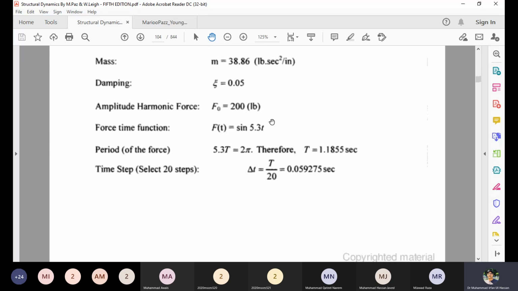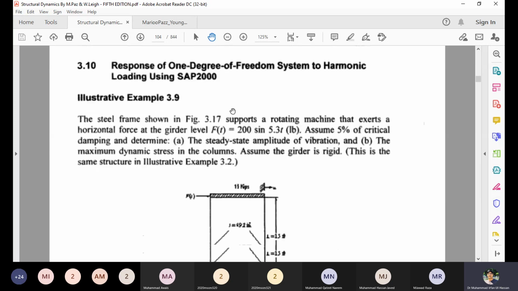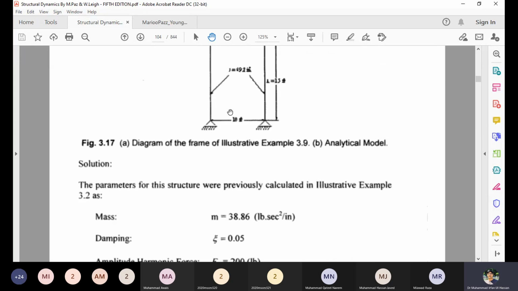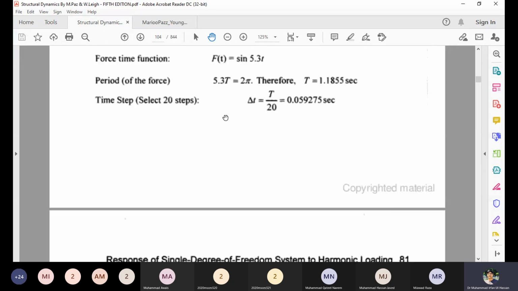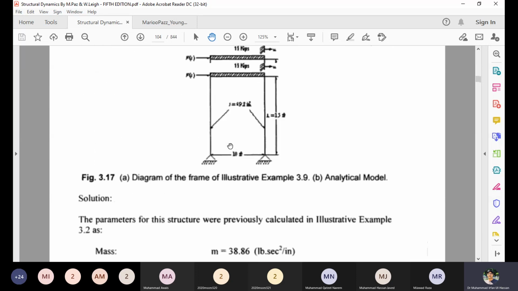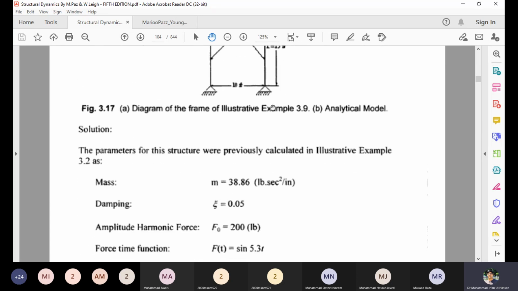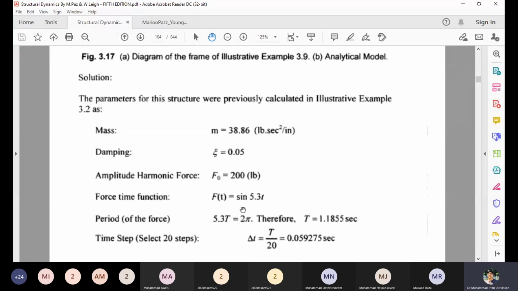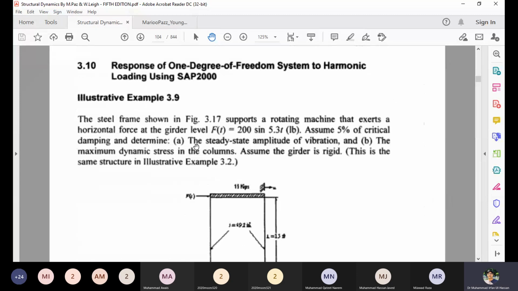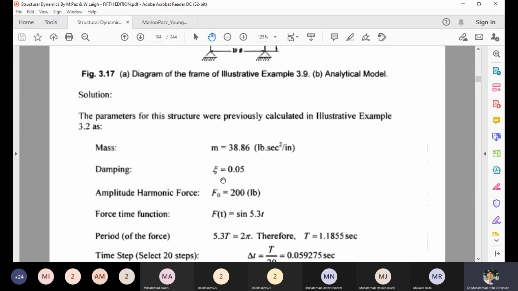Now if you want to solve this problem in SAP, the procedure is written here, but I will solve any other problem, maybe a 3D problem in ETABS. But you can also solve this same 2D frame example in SAP or ETABS. You have to first make a model, and the mass and these properties are computed. The amplitude is basically this 200, the coefficient of the force, and the different other values, the damping,